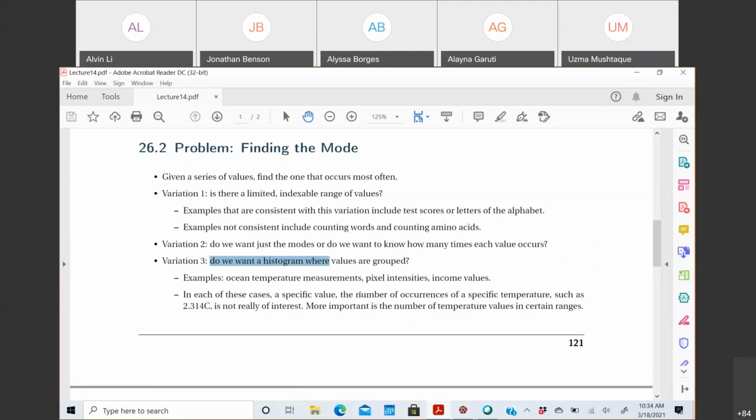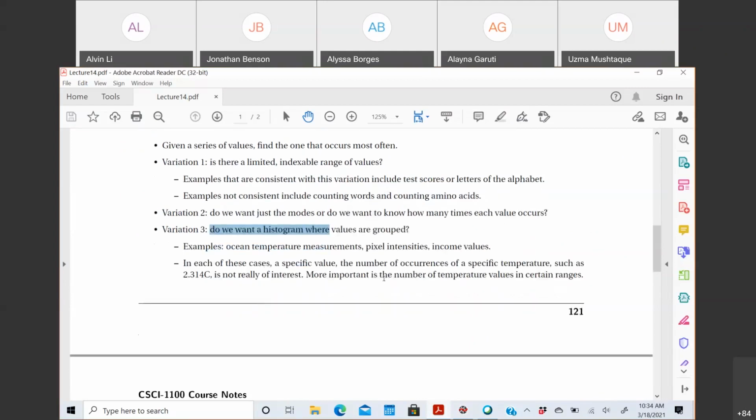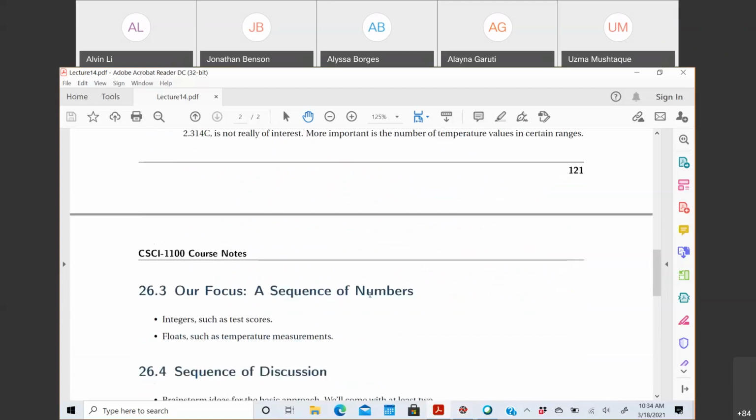So do we want some kind of a grouping happening or not? And then there are multiple examples from the real world that can take this variation. All right. So having said that, having understood what the problem is, now what we are looking at is,